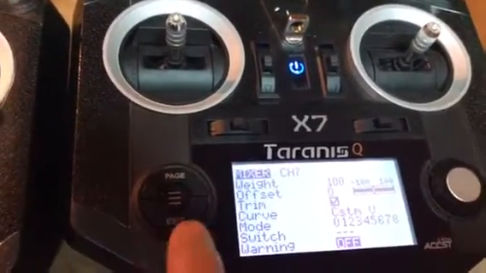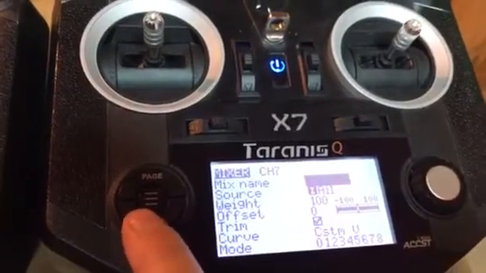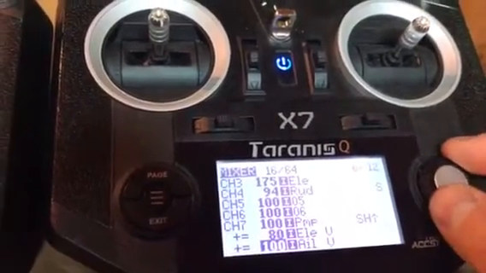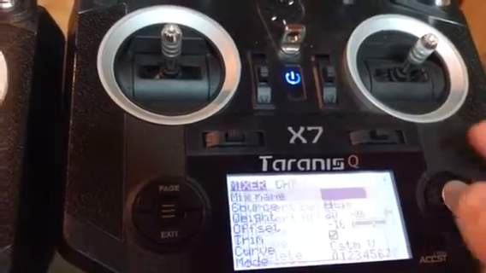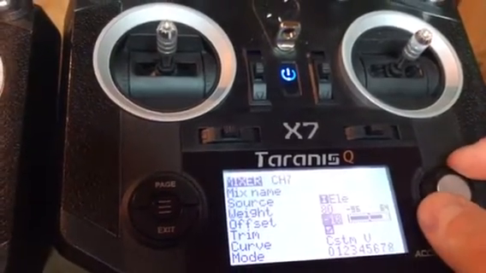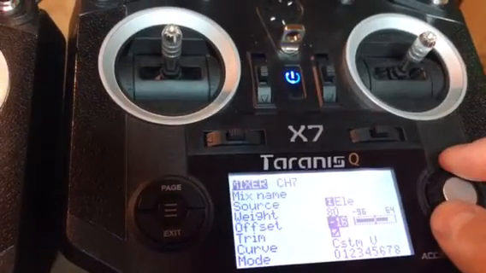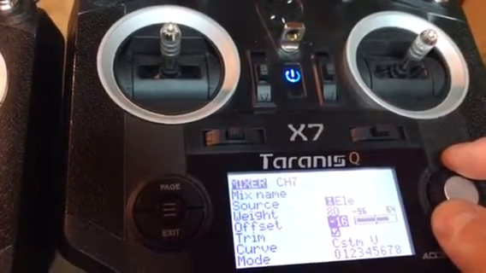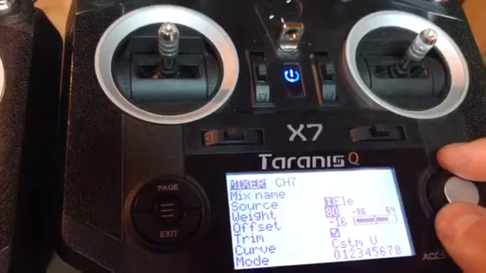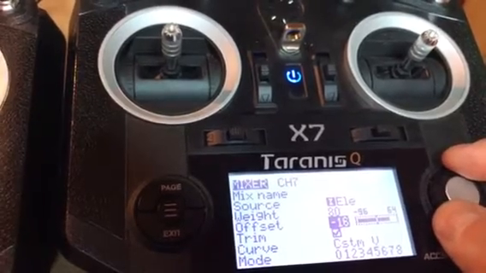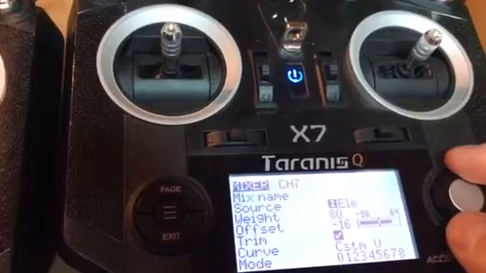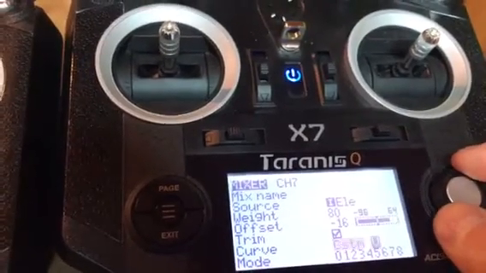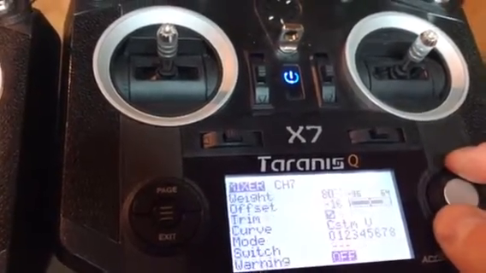I don't have that on a switch. On the aileron, we'll go to elevator. Again, now I do have some offset. I only have it at 80%, negative 96, positive 64. That's a negative 16 offset. I think this is my steering. But anyways,